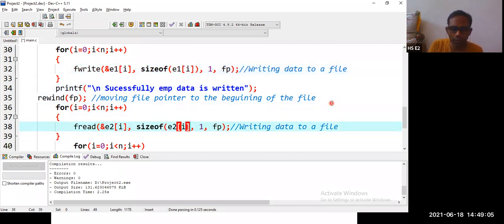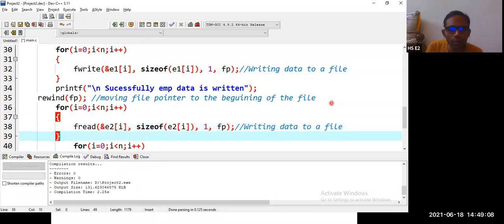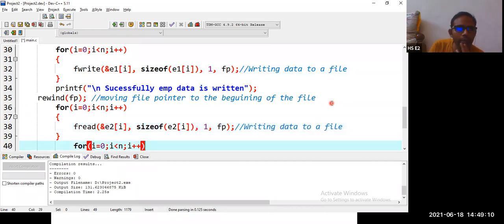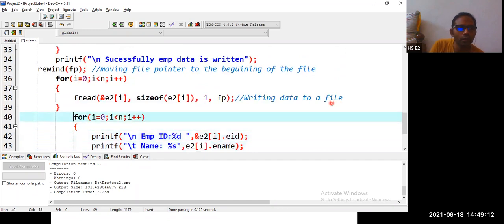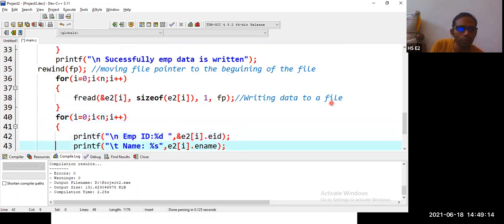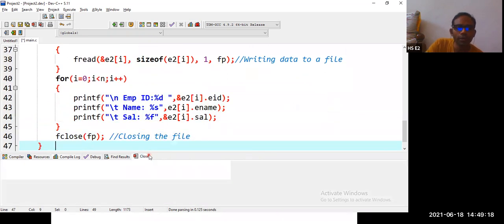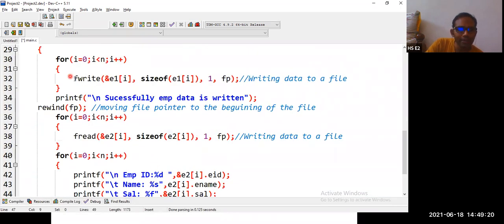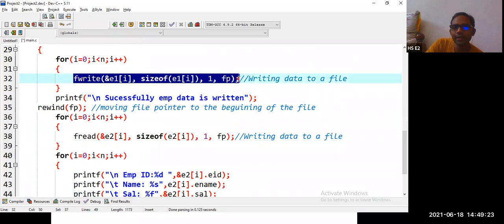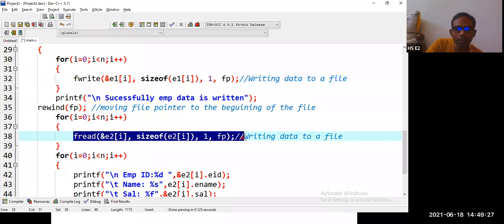So here E2 of i, we are storing one record at a time. Then we have a for loop to print the data, then close. Because it was not accepting all the records at once, we are writing one record at a time and reading one record at a time.